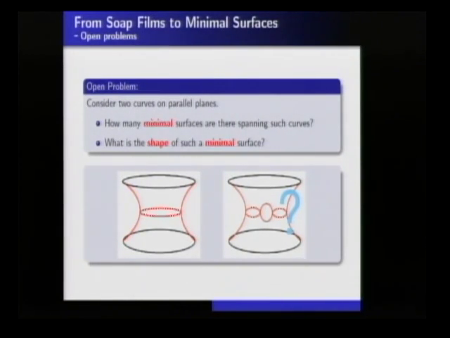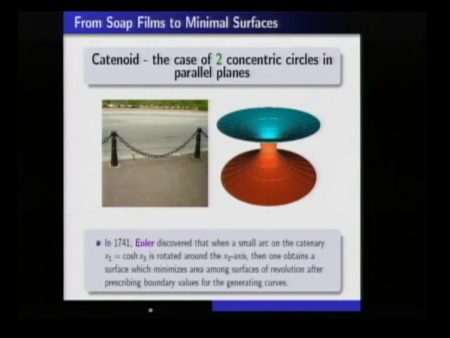So for example, if it looks like a convex curve, could I have a genus 1 minimal surface, a soap film, or a minimal surface bounding those two kinds of curves? So that's one of the questions we're going to be looking at. We're going to actually at least understand this in certain circumstances. So the catenoid is one of our great classical examples. It's a surface of revolution obtained by revolving this particular curve, which is one of the sort of pictures of a rope hanging or chain hanging.